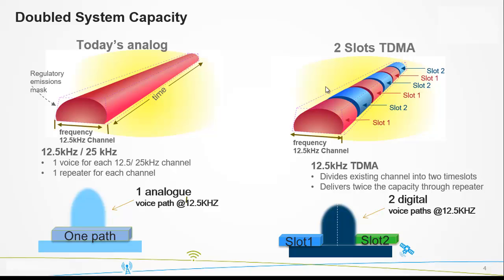Unlike the analog radio, wherein you just program one channel and that's it, no matter how many radios are being used, that is just one channel per frequency, unlike digital, wherein you use one frequency, but you can use 2 slots or 2 time slots, therefore doubling the